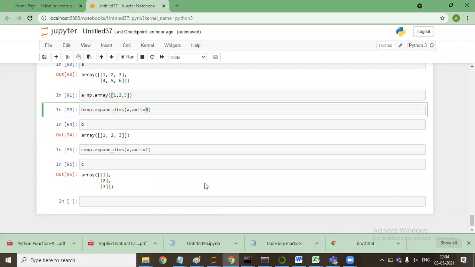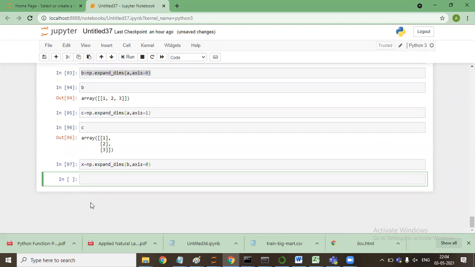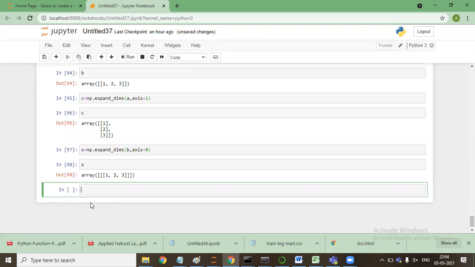You are saying, if I say X is equal to np.expand_dims B comma axis is equal to 0, like this? Now you'll say X, it is a 3-dimensional array. So it will go on.